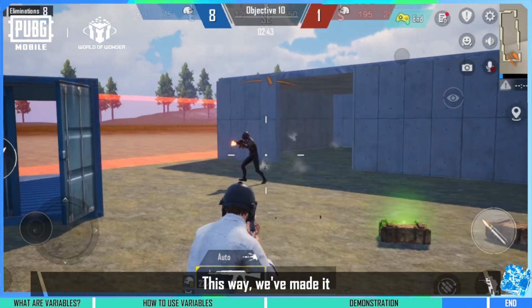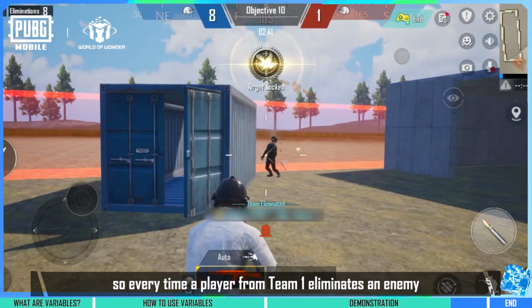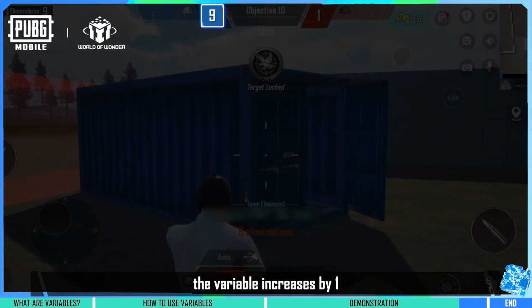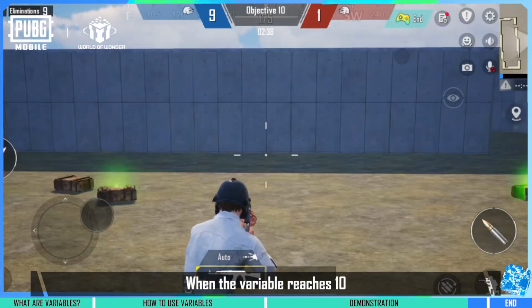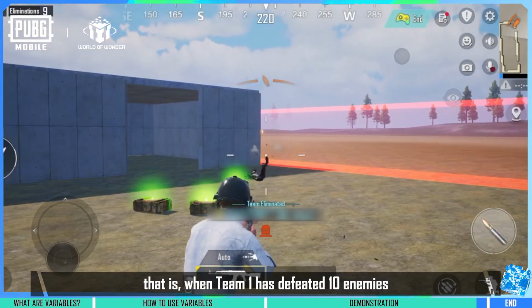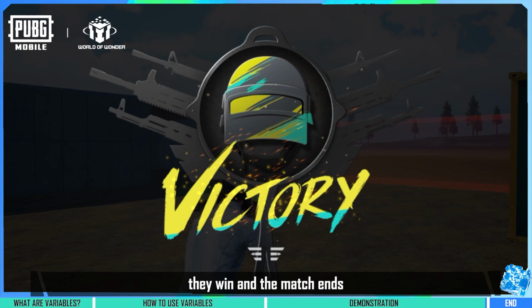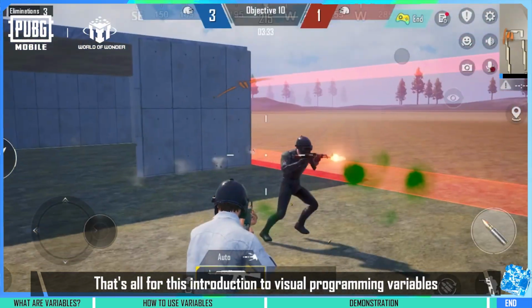This way, we've made it so every time a player from Team 1 eliminates an enemy, the variable increases by 1. When the variable reaches 10, that is when Team 1 has defeated 10 enemies, they win and the match ends. That's all for this introduction to visual